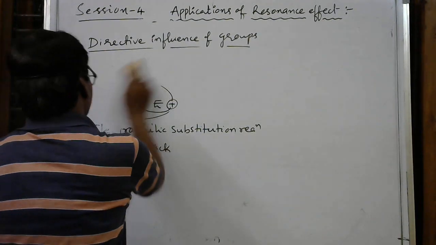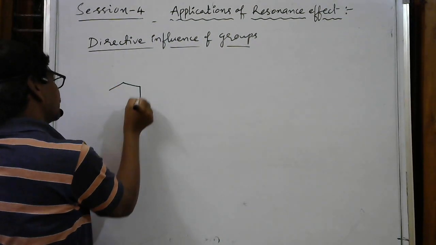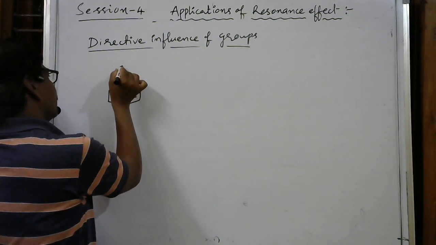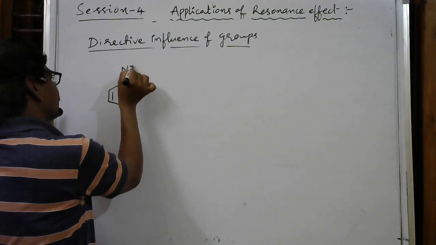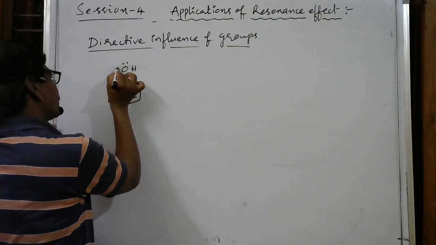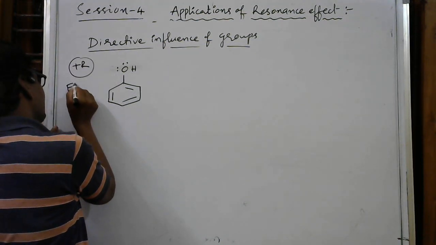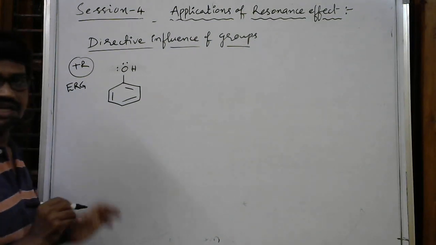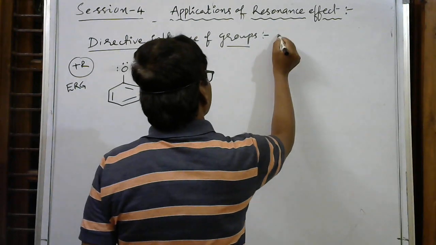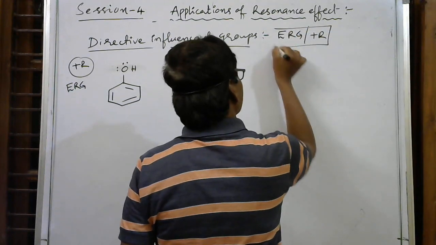See here first I am taking one group which is plus R. Here I am taking plus R group. Plus R group means here I am taking aniline, otherwise phenol. Anyone you can take. Plus R group. Here there are lone pair of electrons. So when plus R groups are present, otherwise we can say ERG, electron releasing groups, if present. So ERG, otherwise plus R groups